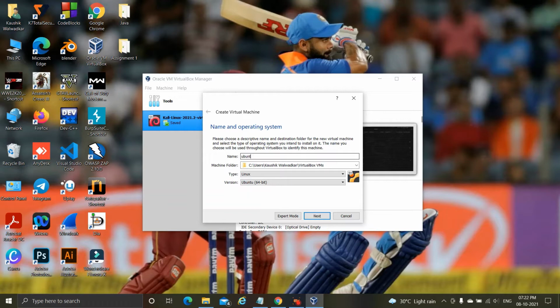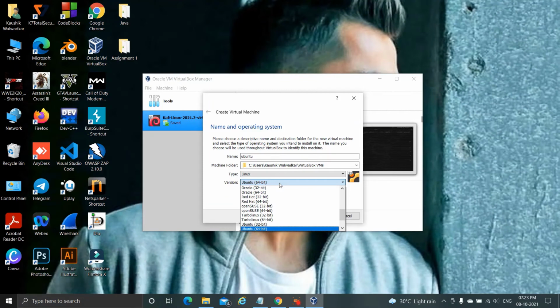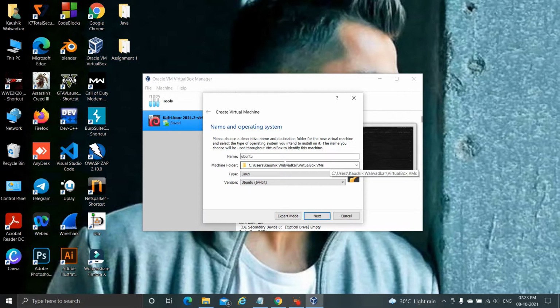So I entered Ubuntu here, and here are the versions according to your laptop or PC's configuration. My laptop is 64-bit, so I am installing the Ubuntu 64-bit version, and here is the file location of my VirtualBox where the files of my VirtualBox are being saved, and here is the type, that is Linux.